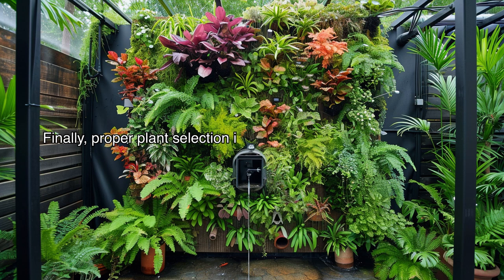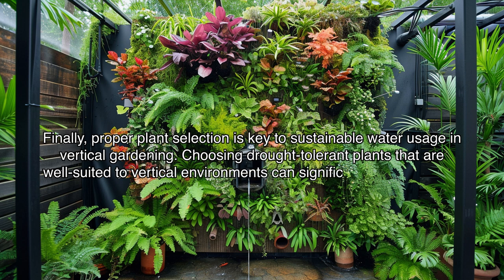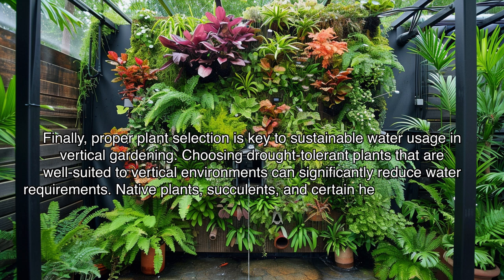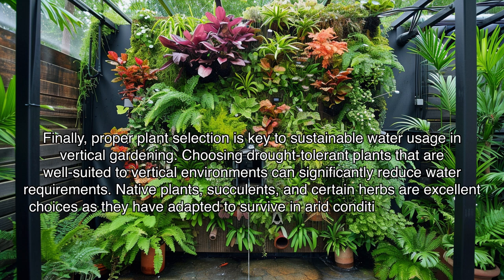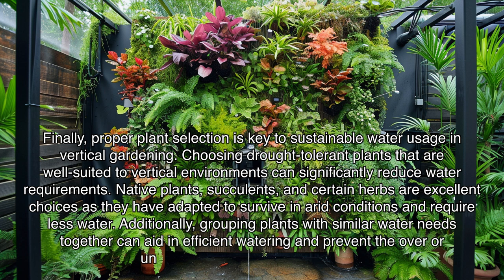Finally, proper plant selection is key to sustainable water usage in vertical gardening. Choosing drought-tolerant plants that are well suited to vertical environments can significantly reduce water requirements. Native plants, succulents, and certain herbs are excellent choices as they have adapted to survive in arid conditions and require less water. Additionally, grouping plants with similar water needs together can aid in efficient watering and prevent the over- or